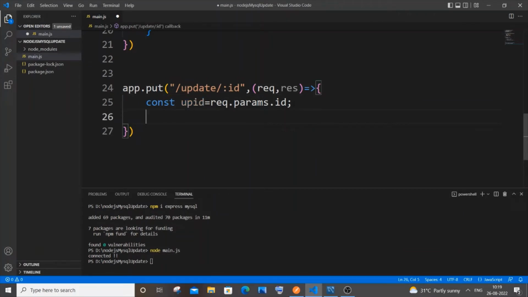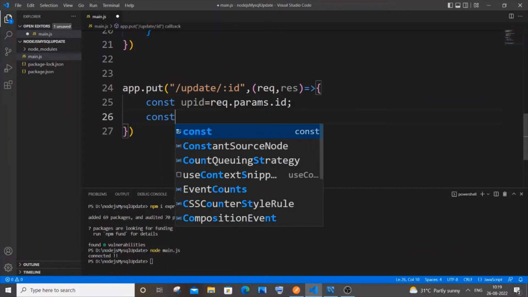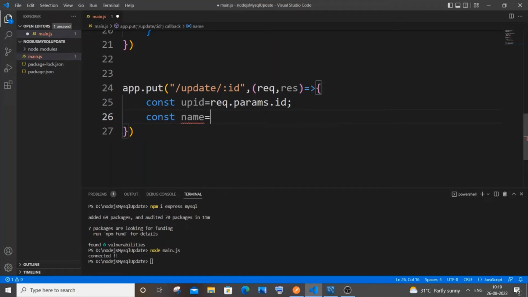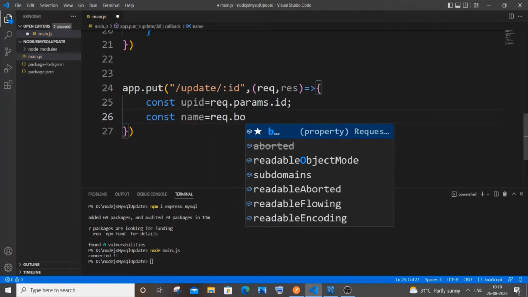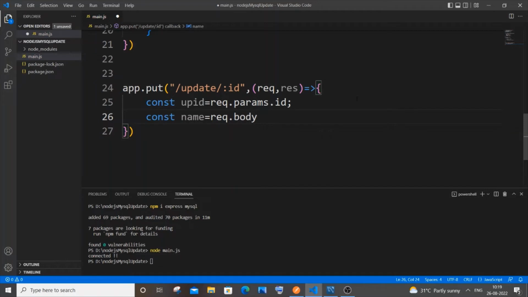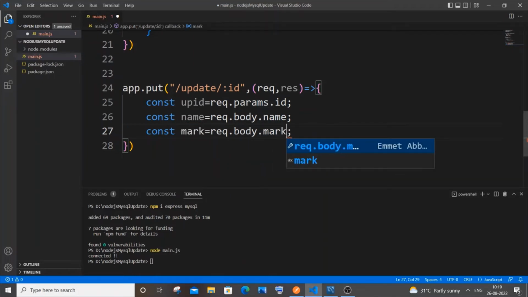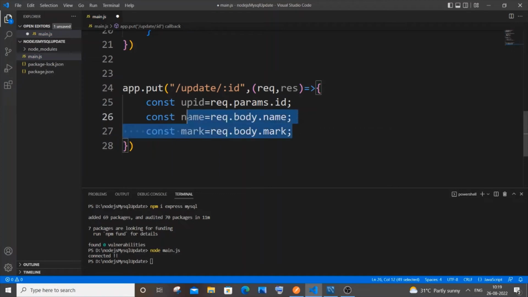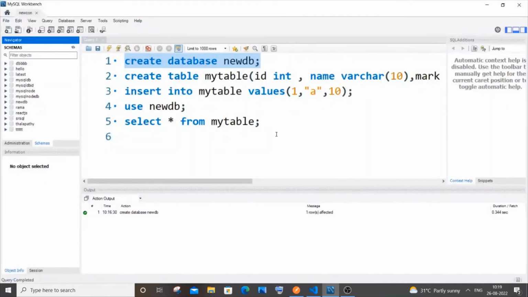And next thing, I will be having 2 other values as well. So it's going to be const name equal to request.body, this one is body because I'm going to pass it as a payload from Postman, name, and let me just now copy this and paste it. I will go with mark, and mark here as well. So these three values, ID, name, and mark, should directly correspond to the three column values that you're having in